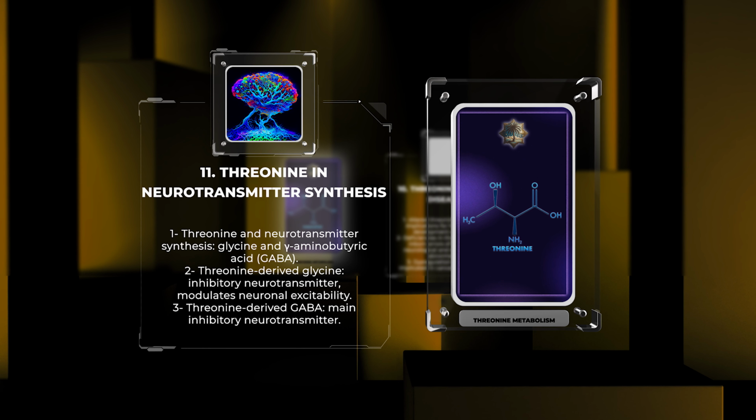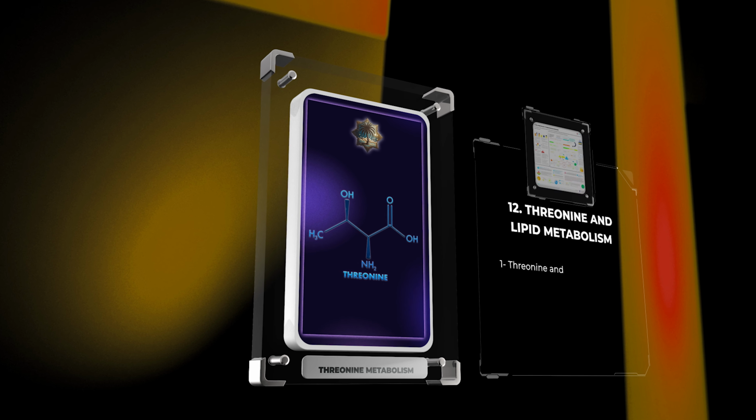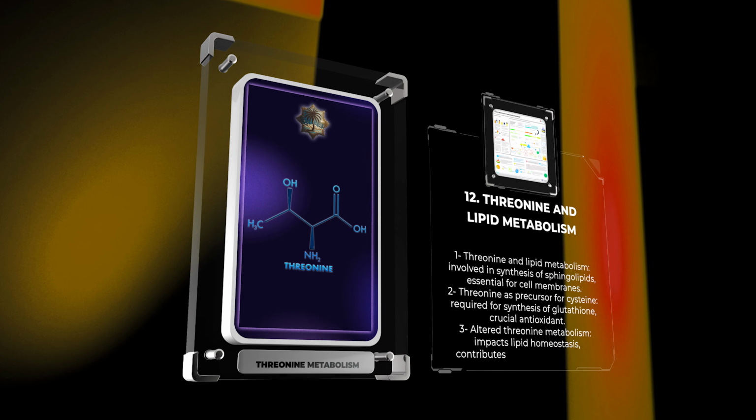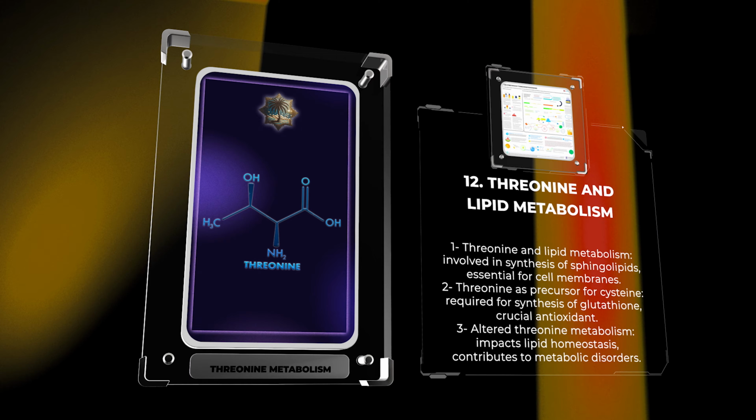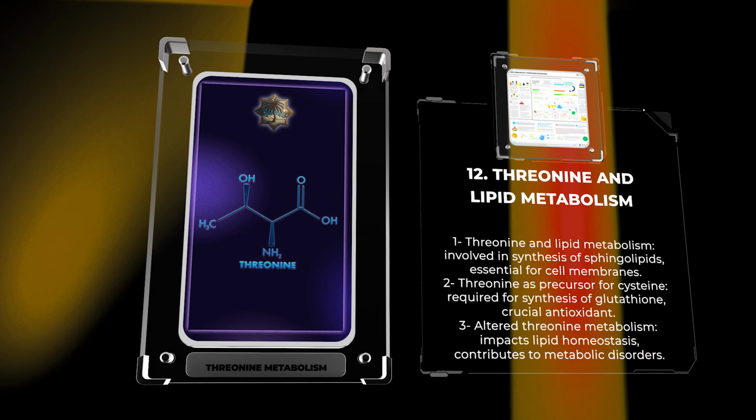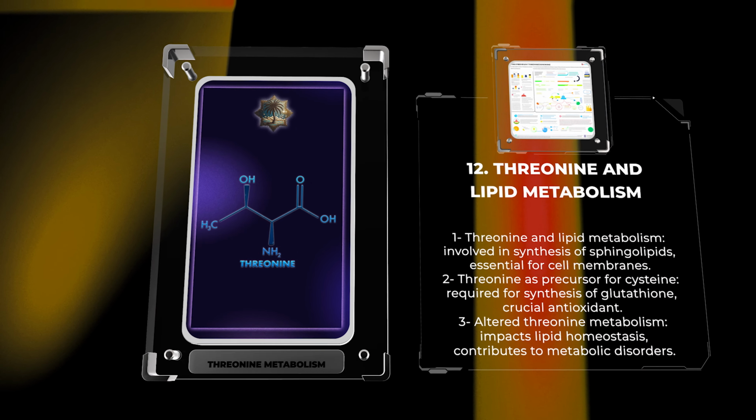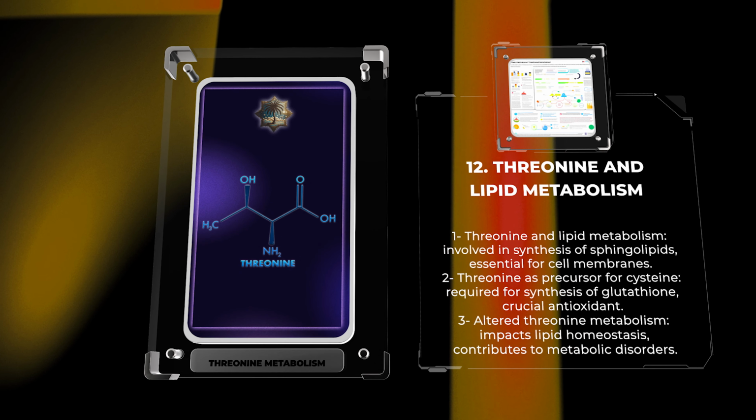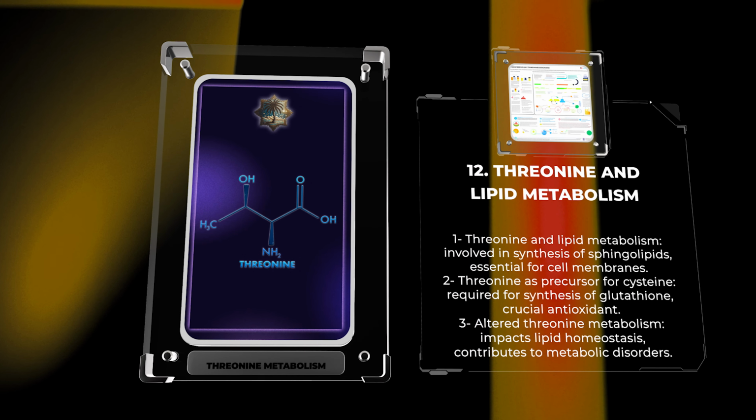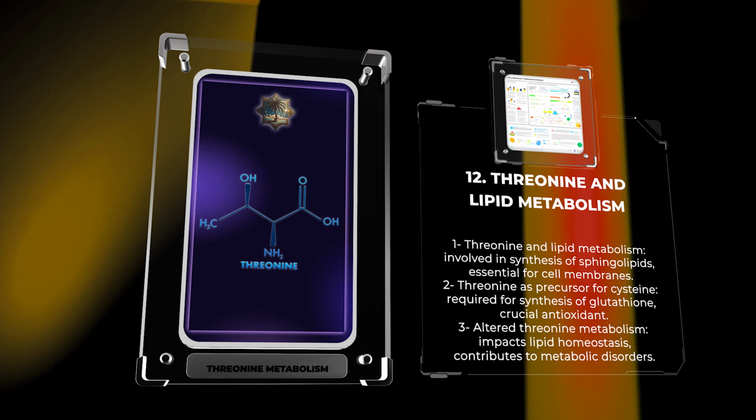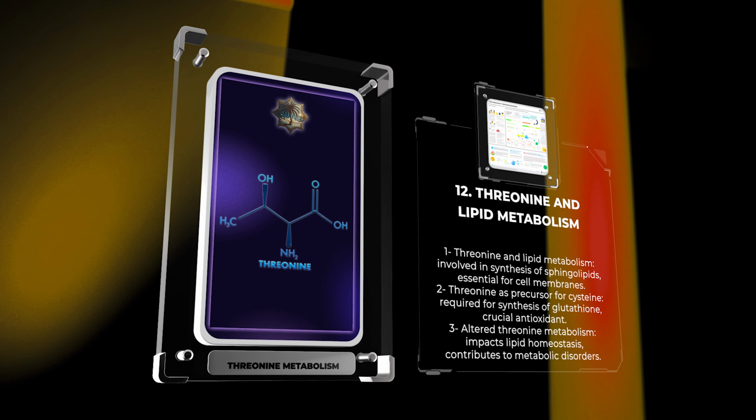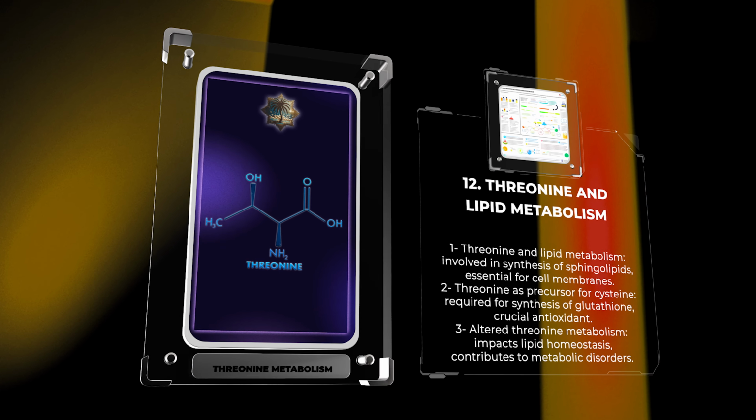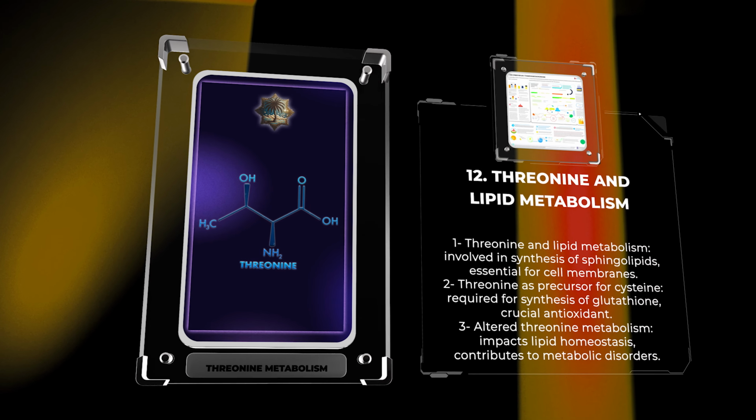metabolism and neurological function. Threonine contributes to lipid metabolism through various mechanisms. It is involved in the synthesis of sphingolipids, a class of lipids essential for the structure and function of cell membranes. Threonine serves as a precursor for the amino acid cysteine, which, in turn, is required for the synthesis of glutathione, a crucial antioxidant involved in lipid metabolism. Furthermore, alterations in threonine availability or metabolism can impact lipid homeostasis and contribute to metabolic disorders such as obesity and